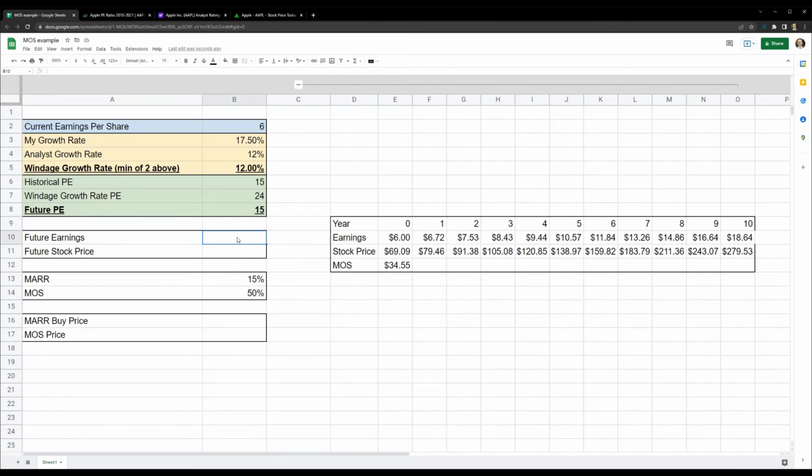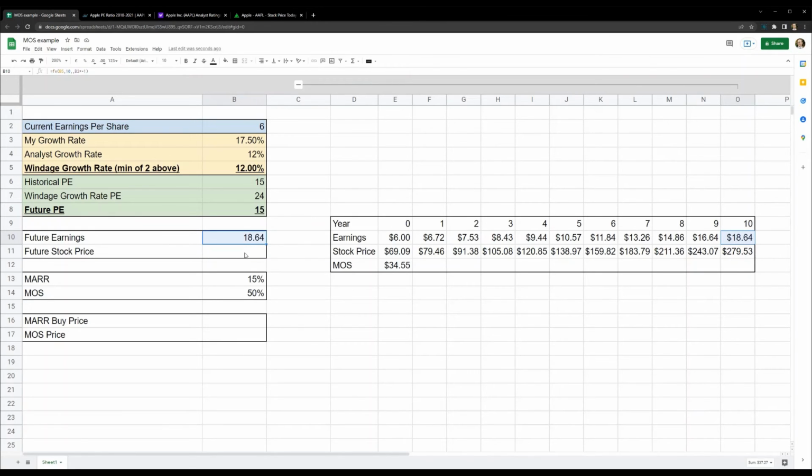So the quick way of doing all this is we want to know the future value. So we want to get to this $280 figure over here. So we go FV, future value, our windage growth rate, number of periods is 10 years. Payment amount we skip for this. This is if every period or every year you want to have a payment in or out. We don't. And then present value, the way this formula works, has to be a negative number. So we'll take those earnings and times them by -1 and get our future EPS, earnings per share of